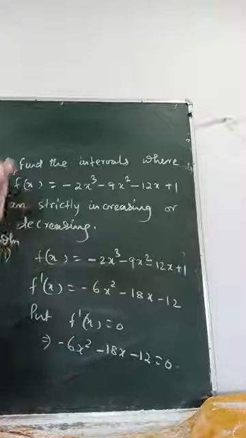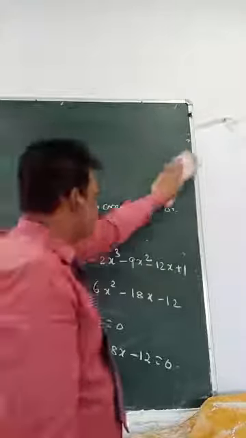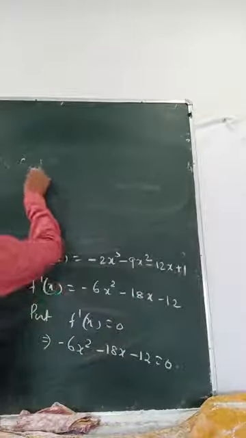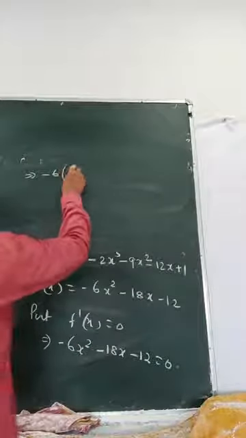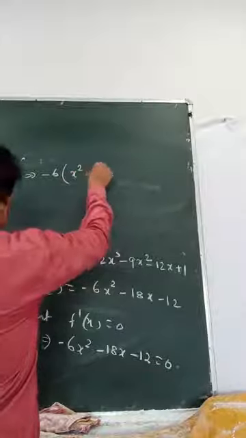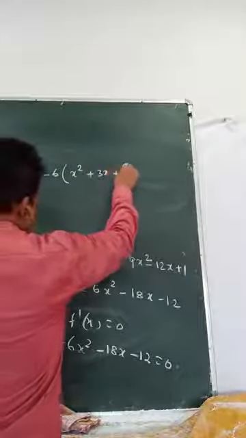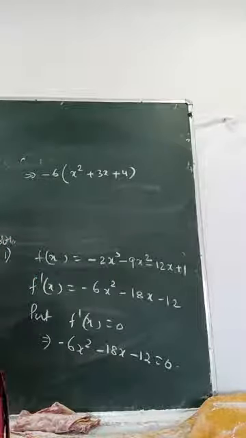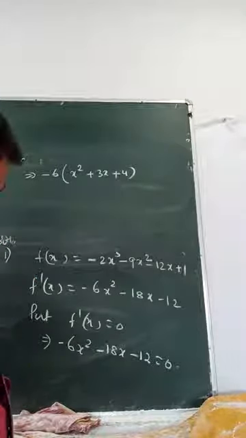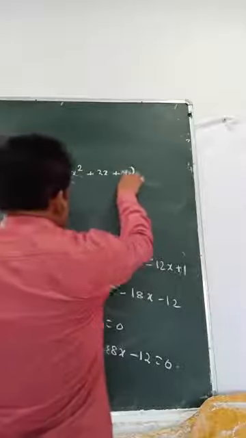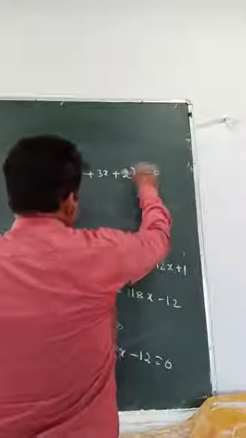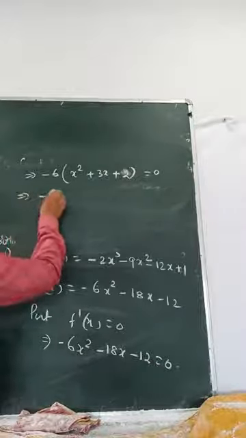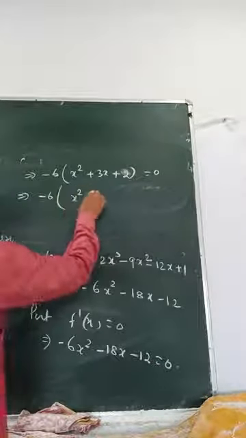I can take minus 6 common: minus 6 times (x square plus 3x plus 2) equals 0. Implies minus 6, splitting the middle term, x square plus